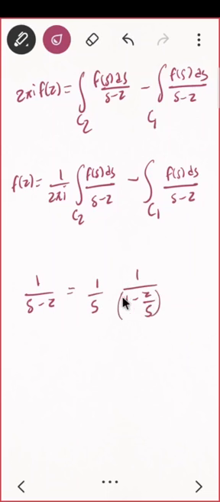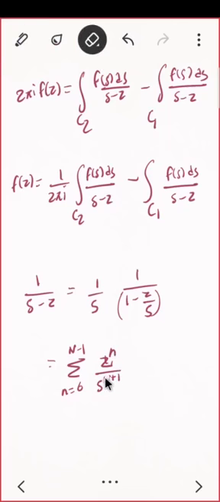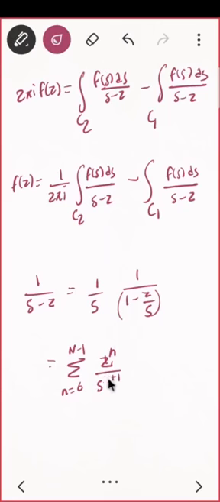So once you are having this, what do you know, how can you write this? This is the summation n equal to 0 to n minus 1 of 1 upon s raised to n plus 1 and z raised to n, actually z raised to n, sorry, this should be small, and after that the last term would be z raised to n into, z raised to n into s minus z into s raised to n.